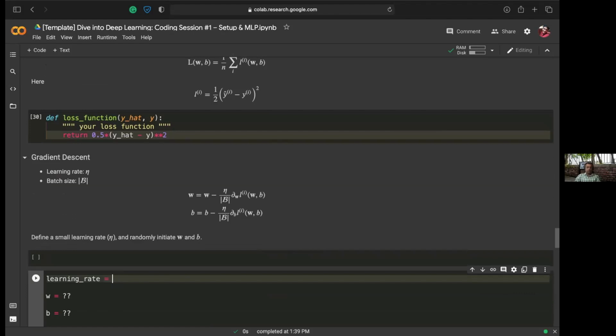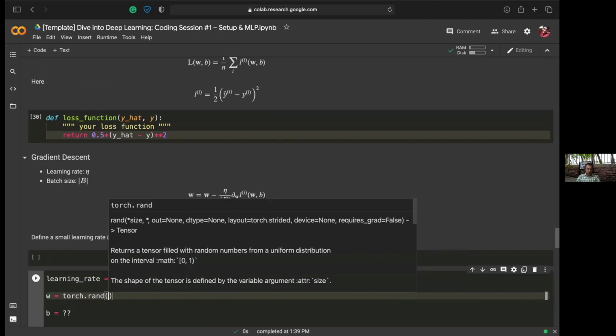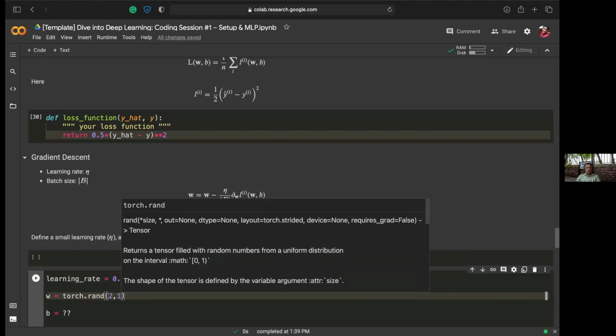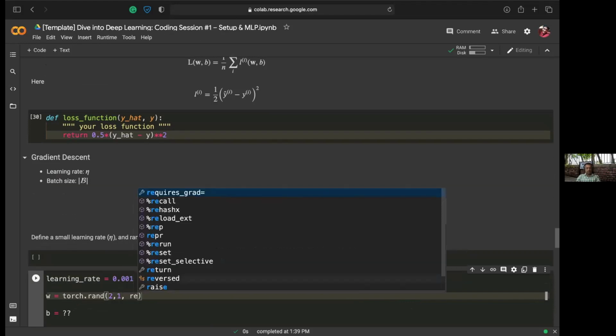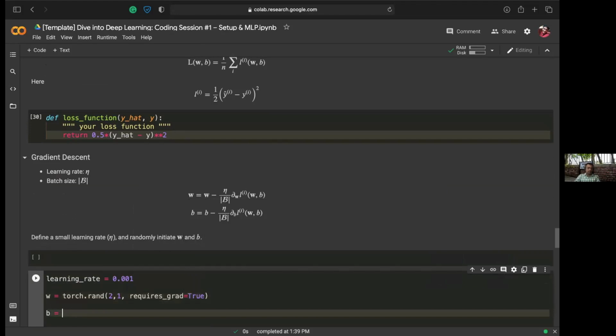So we put in a learning rate of 0.001. We typically use a small learning rate because we don't want to jump around a lot in this loss function topology. For our weights, we'll just do torch.rand, and it's a 2,1 shaped tensor, but we require grad to be true